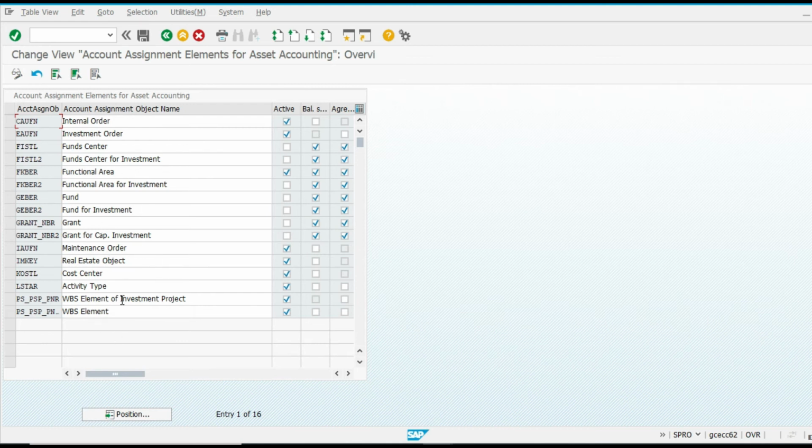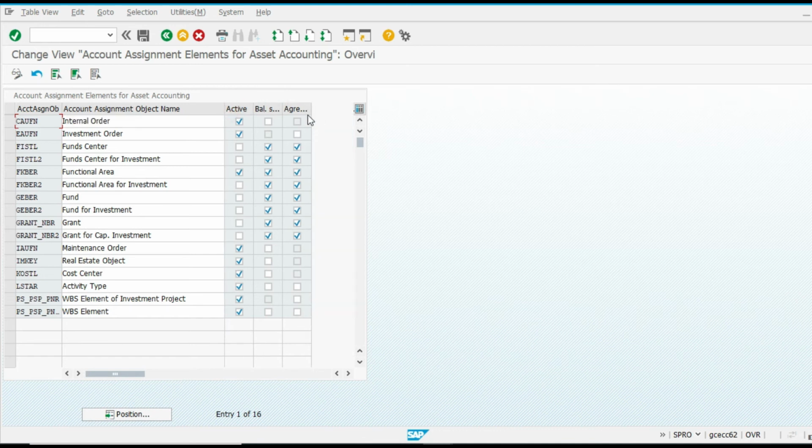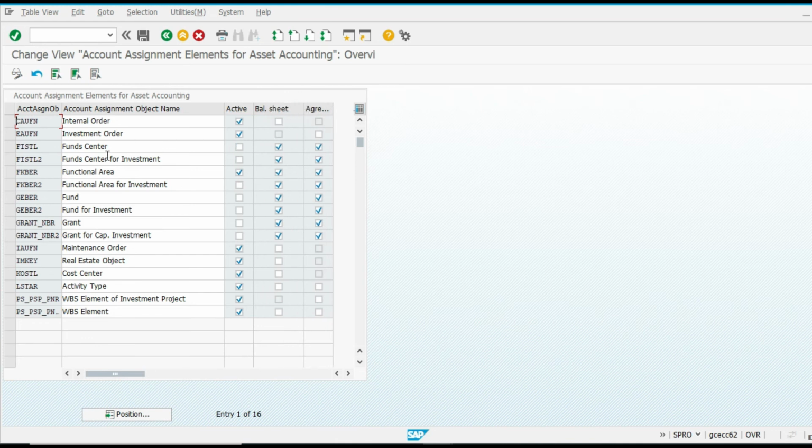Suppose I want to maintain the asset from the WBS also, so I have to tick here. This is a balance sheet segment. Suppose I tick here, then once my asset gets capitalized I am not able to change this area. And this is the agreement tab. This data comes from some other module, and no one is able to make changes during the entry. That is the meaning of agreement.